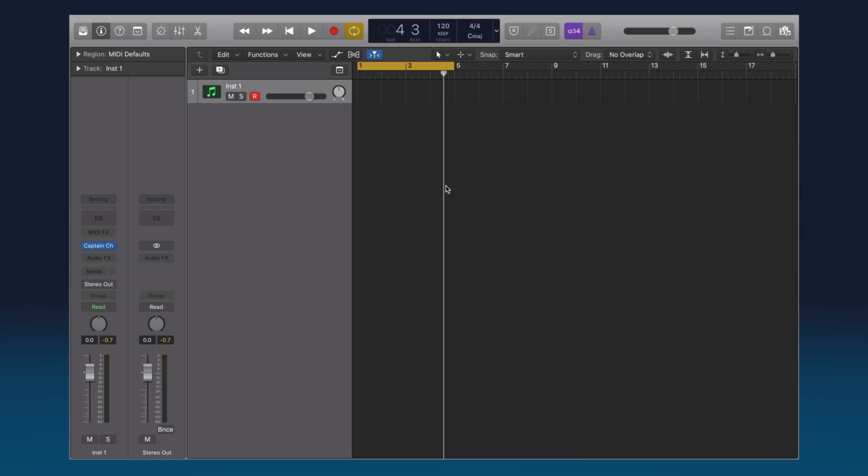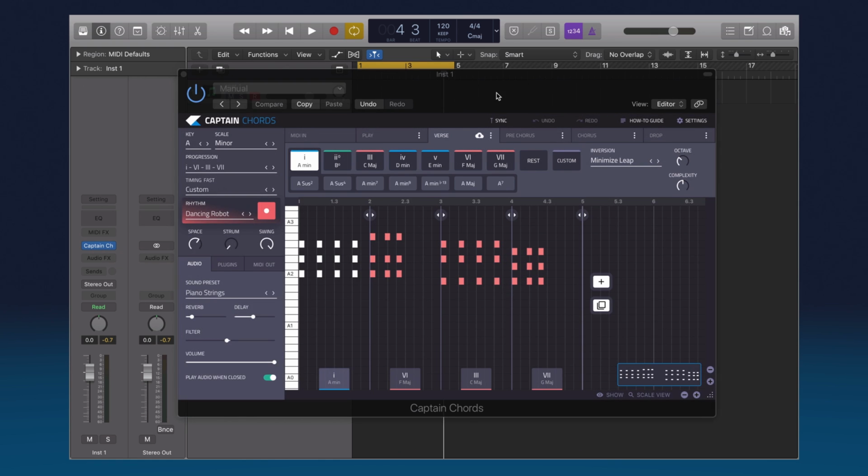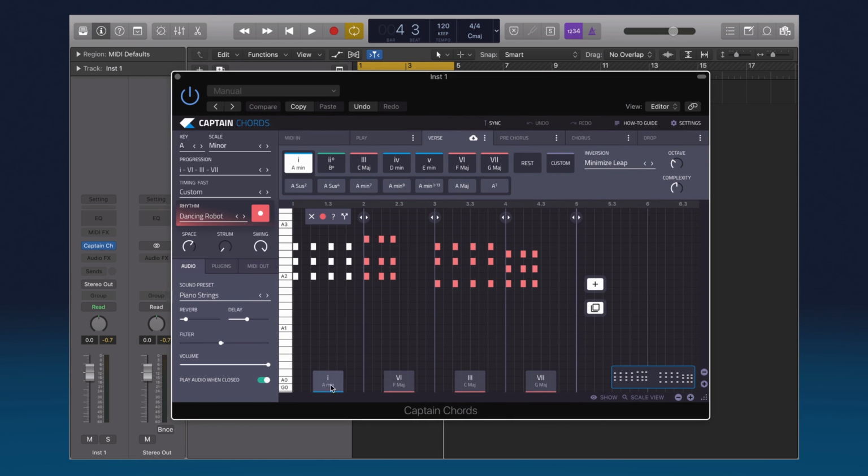You can toggle it on and off, so it gives you a little bit more customization for how you want it to behave. Then something we've done recently is we moved these labels down to the bottom of Captain Chords, and you can now click on them. It's really useful if you want to audition the chord quickly.